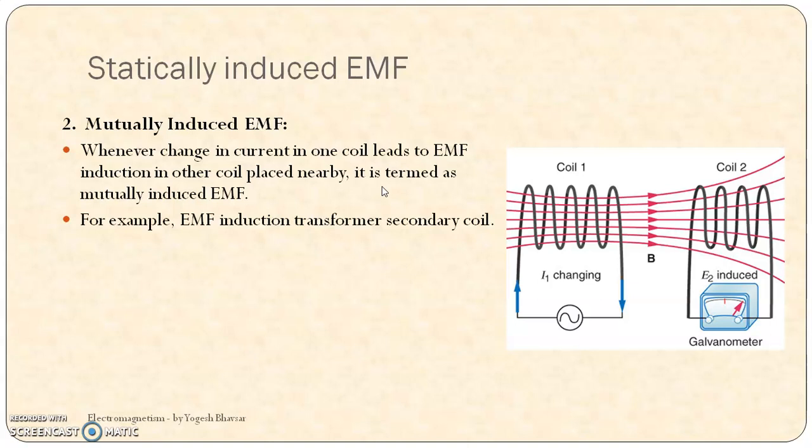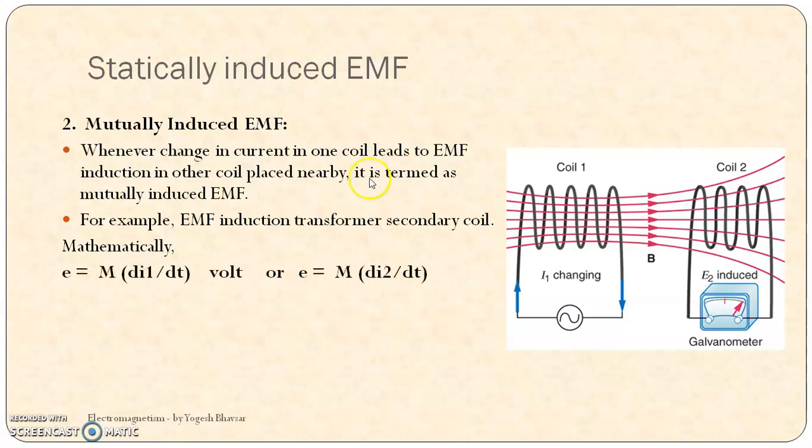The best example for mutually induced EMF is the transformer. The transformer is a device which increases or decreases the voltage level. In an AC circuit, we often use a transformer for increasing or decreasing the output voltage. A transformer contains two coils, one is a primary and another is a secondary. We give the supply to the primary coil, and the load is connected to the secondary coil. Depending on the requirement, we use a step up or step down transformer.